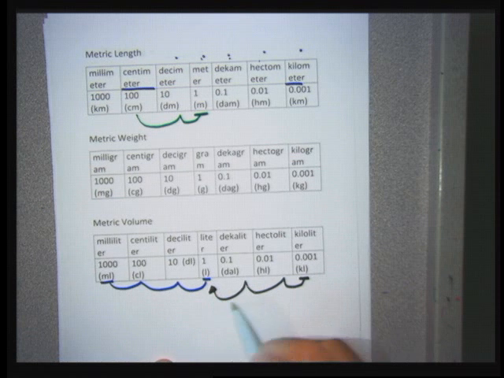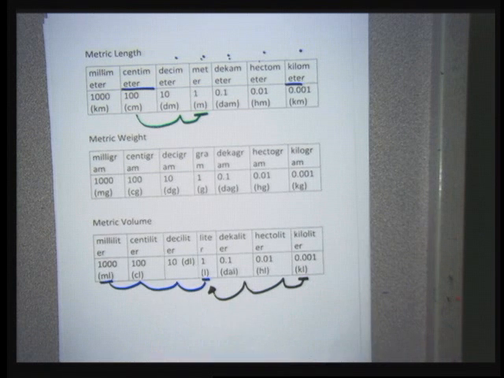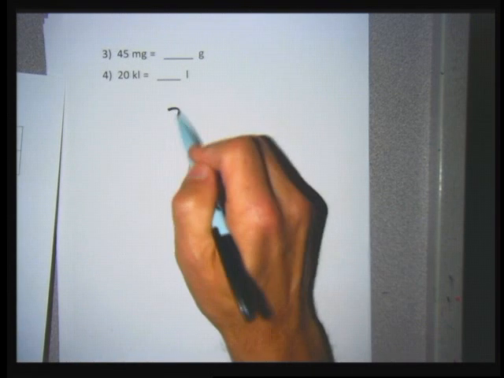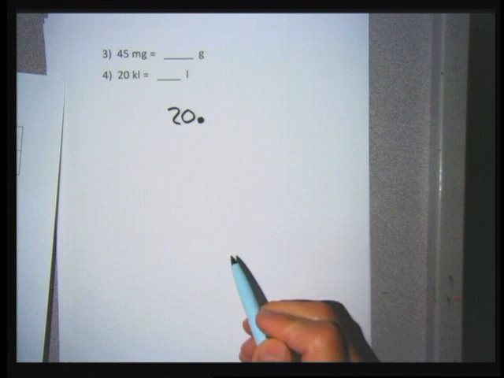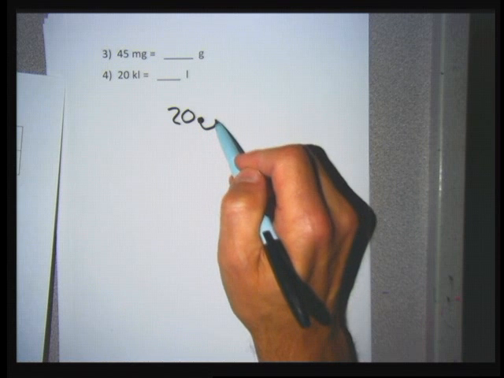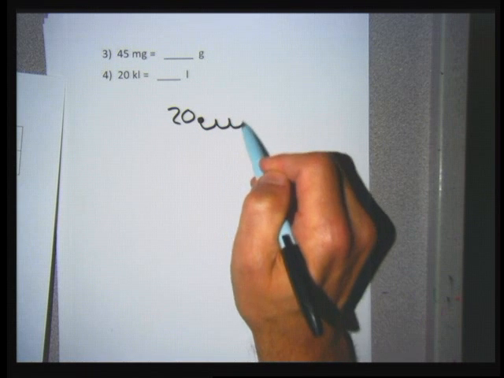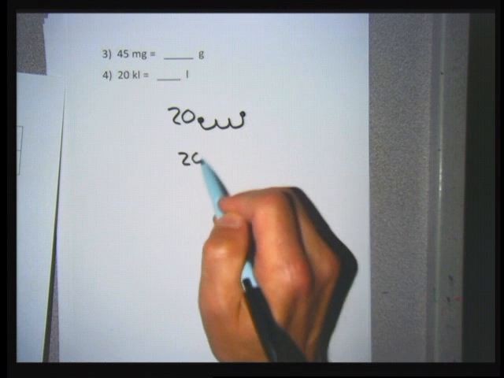I had to move 3 to the left, which means I need to move the decimal 3 to the right. I always just do the opposite. To get from kiloliters to liters, I'm going to move the decimal 3 to the right to finish up my answer. So for my 20 kiloliters, there's a decimal that's implied after the 20. I need to move it 3 to the right, so 1, 2, 3 to the right. The decimal becomes there. I fill in zeros,